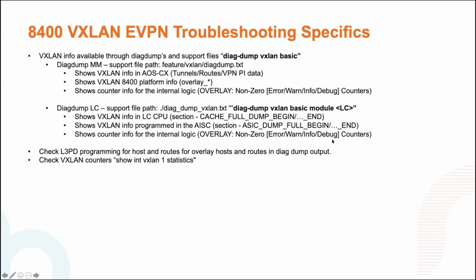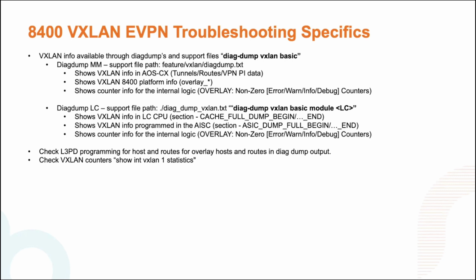So pretty much any host or any routes that are getting routed onto this VXLAN are not actually directly dependent on VXLAN. It's all the other features that have to point to the tunnel. So for example, if you have an issue with a host that's not communicating on the tunnel, or if you have a route that's not going over the tunnel as expected, then it's just not the VXLAN. It's other features that have to come into play. Example, EVPN, L3PD,